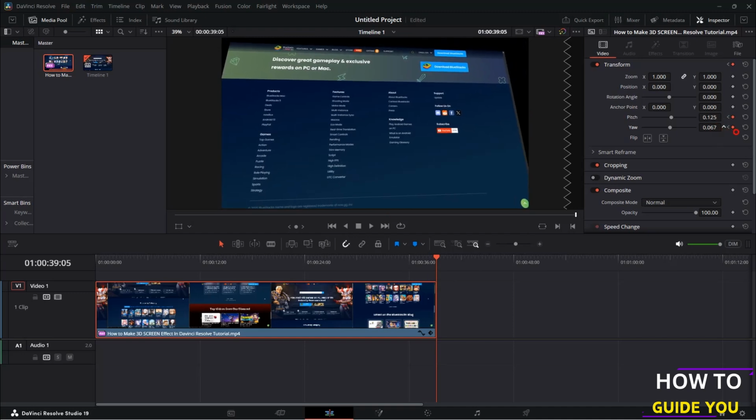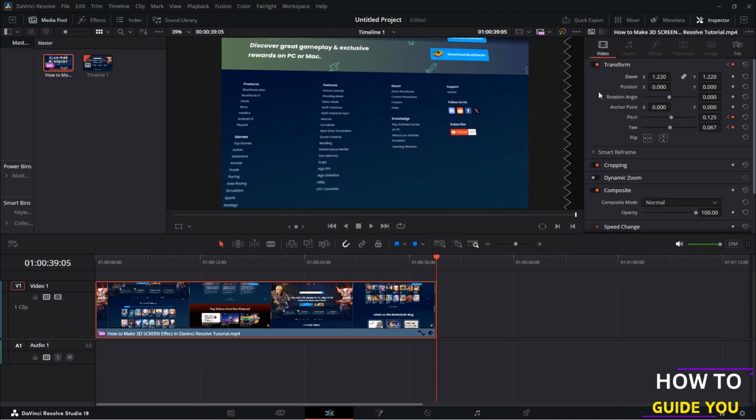Again, you can come back and experiment with this if it's too subtle for you, but I think it's pretty good on my side. Let's get rid of the open blank spaces there and just zoom in on the clip. So now you're going to see it already has that effect going pretty well, but usually in these type of